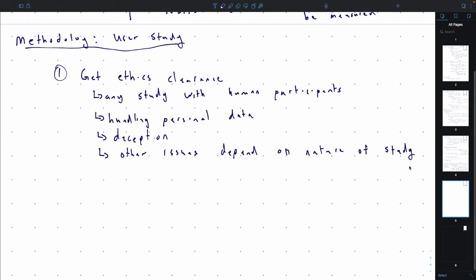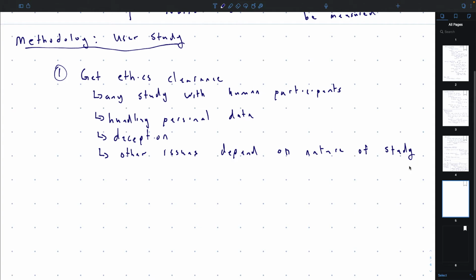Let's say you work at Facebook, you still might do usability studies on security or privacy, but there it's not an academic institution. Do they have ethics clearance? Well, maybe they do, maybe they don't, right? Most corporations wouldn't. And Facebook probably needed it for some of the studies they've done in the past. Things have changed in response.